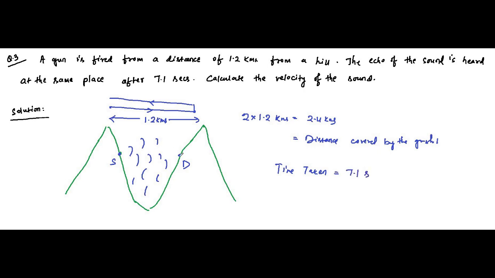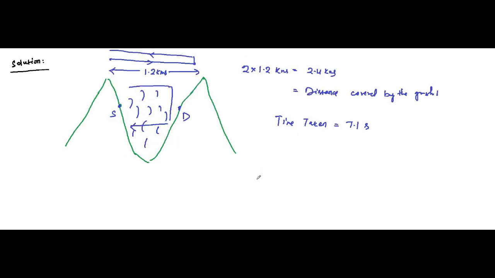The sound waves get reflected from this obstruction and they return back like this after striking the obstruction here. So here the velocity of sound, or we can say the speed of sound because it covers a straight line distance here,